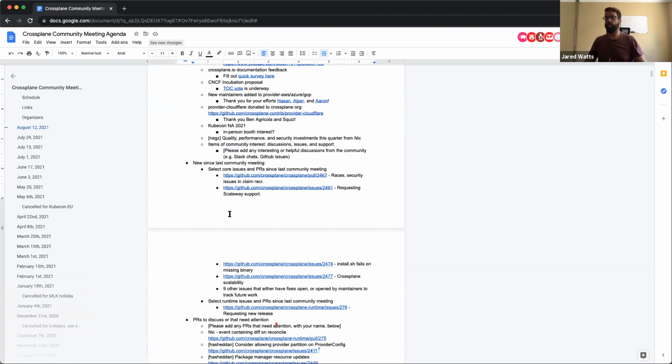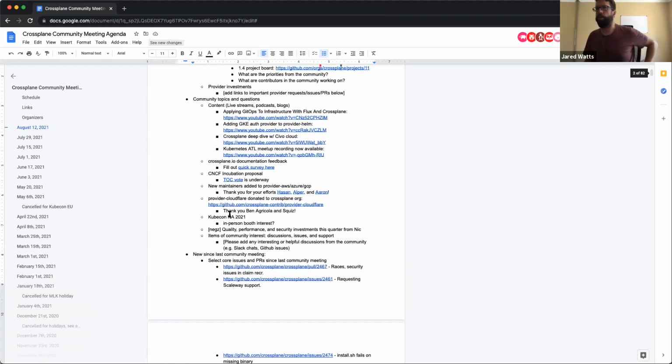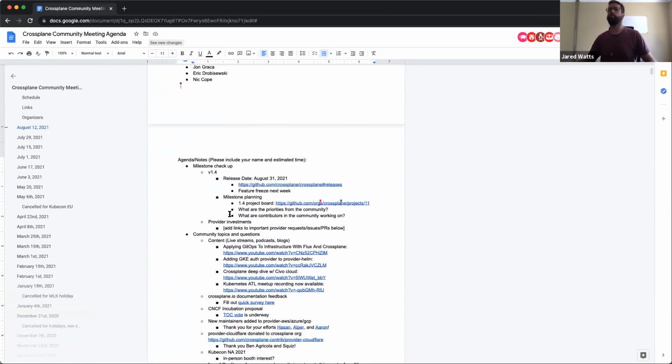I think we've got a fairly long agenda. I don't know how many of these are small items or bigger discussions, but let's start making progress. So the upcoming next release is the 1.4 release. With our typical 2-month cadence, that puts the release date at August 31st, which it has been the entire time, so no changes there. We're coming up on that, about 2.5 weeks out.